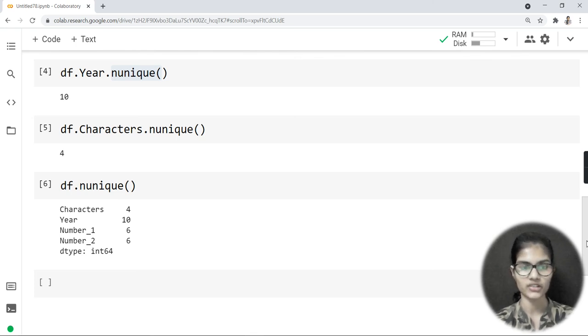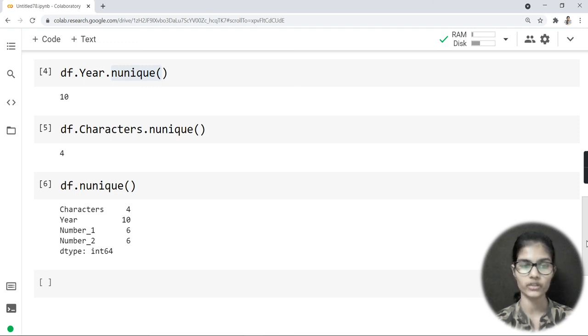This is a very useful function. Let's say you have some data and you want to see how many unique values you have in a particular column. In that case it helps you see how many unique entries or unique values you have in that column.